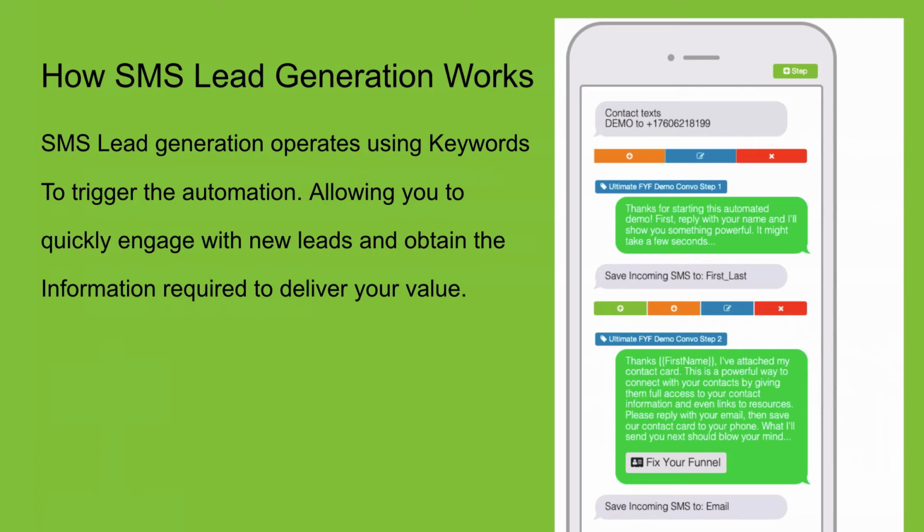You have your keyword here at the top, and then I have my conversation that I've built underneath. And you can see here underneath each of these texts, I'm saving the incoming information. So this is where it works as lead generation: I'm able to ask these questions to get this information, like the customer's name, customer's email, everything like that. And then I can begin delivering on those promises, sending some listings to their email, anything like that, or just throwing it into a live conversation.